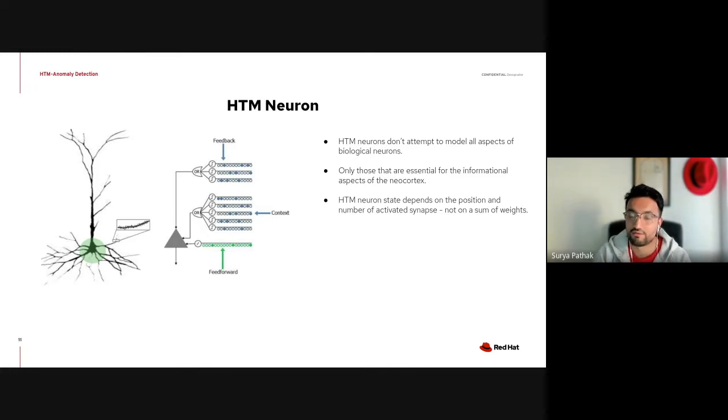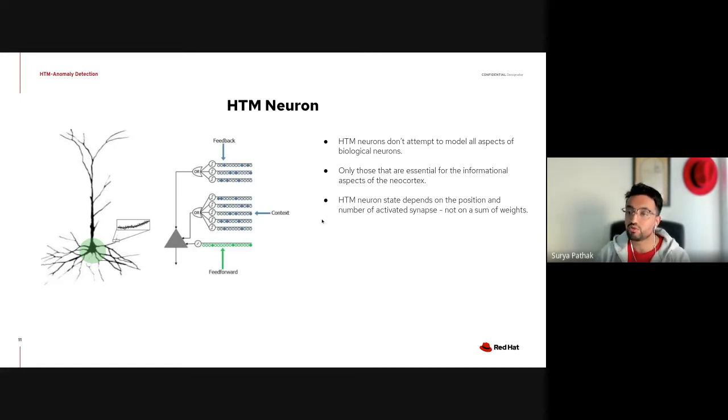So as we have over here, we have these layers of cells. These are basically the grid cells, which I'll come to later on. So these grid cells